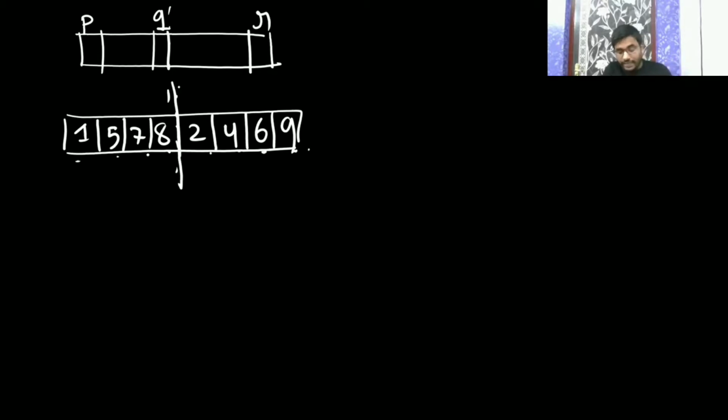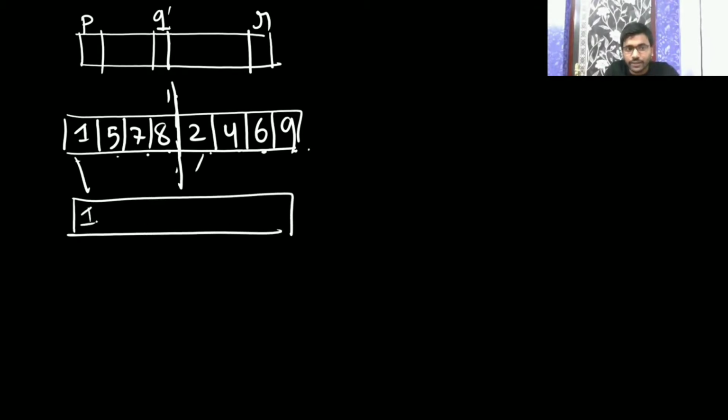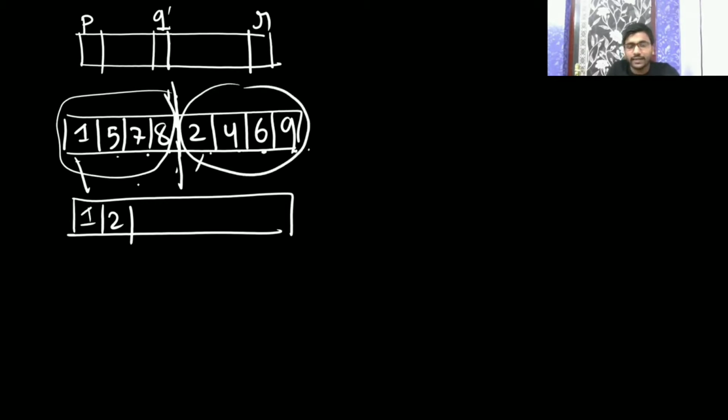So they will give you one whole array of size n. Then they will ask you to merge them, and the condition is that, as in merge sort, the first half should be sorted and the second half should be sorted. Now you have to compare these two and insert like this, one, then two, so it will be in one array. You have to merge the first half and the second half in such a way that you get one sorted list: 1, 2, 4, then 5, 6, 7, 8, 9.